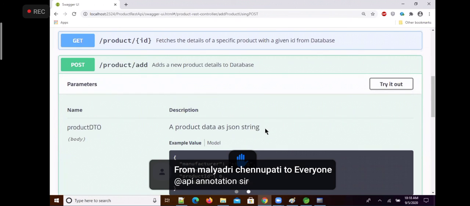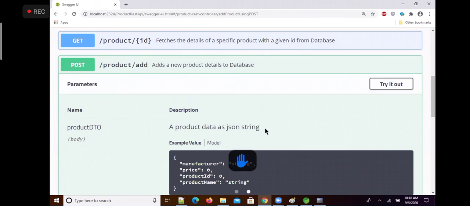I will provide this page URL to the clients. I will expose this URL to the clients. I'll tell the clients that so-and-so is the URL to read my REST API documentation. The clients will open that URL, see this documentation, and test it if they want, and then they are going to consume my REST API in their applications. This is the way to prepare the documentation for the REST API.